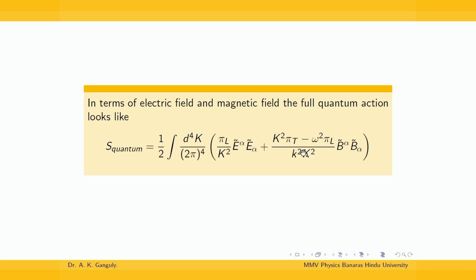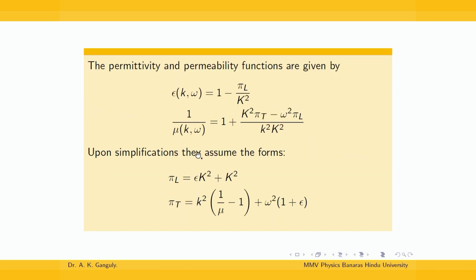And from here, if one tries to identify the full action, that is written in terms of epsilon and mu, to that of the one that we have over here, then it turns out that if we define these factors epsilon and mu in the following way,